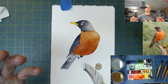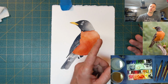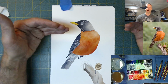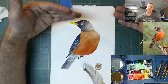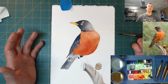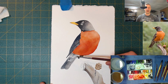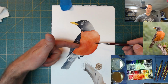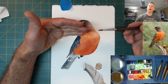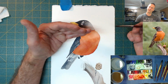I can't change the properties of the paper. I can't change the property of the paint. But I can control the way that the paint flows. So by raising my desk up a little bit, I can ensure that the paint will never flow up. It can only flow down. So I know that if I want something dark, and I want to make sure it stays dark and the top to be light, I have to start at the bottom and paint up. And that will ensure any of the paint that starts at the bottom mostly is going to stay at the bottom. And if I want to do more of a graded wash or a flatter wash, then I can